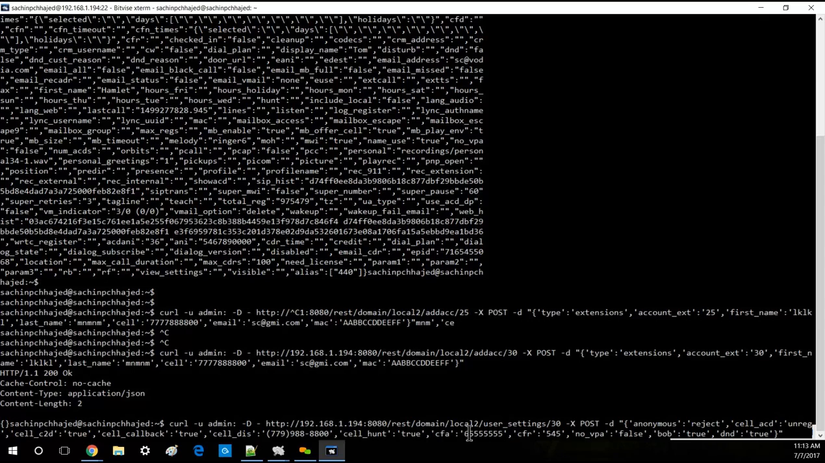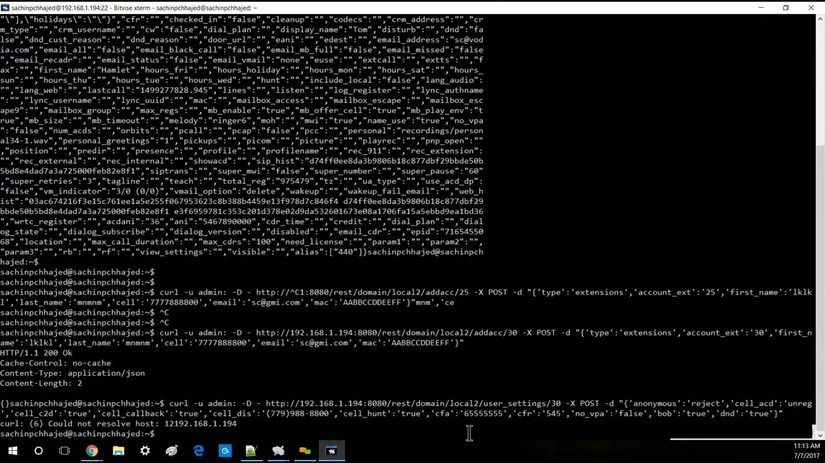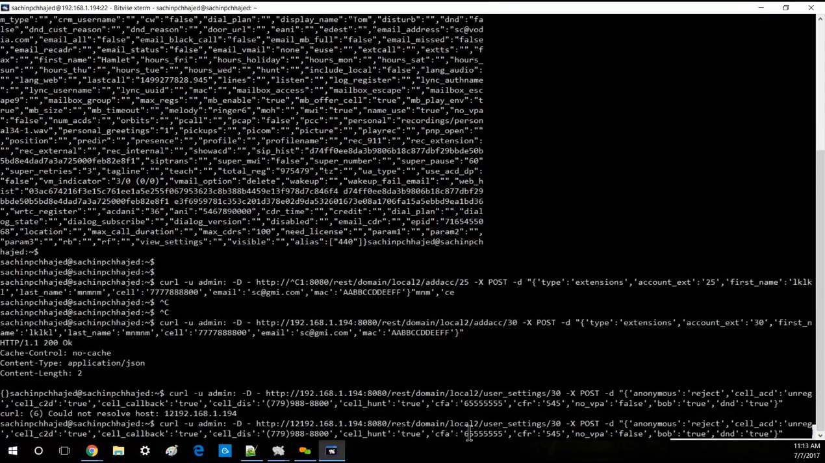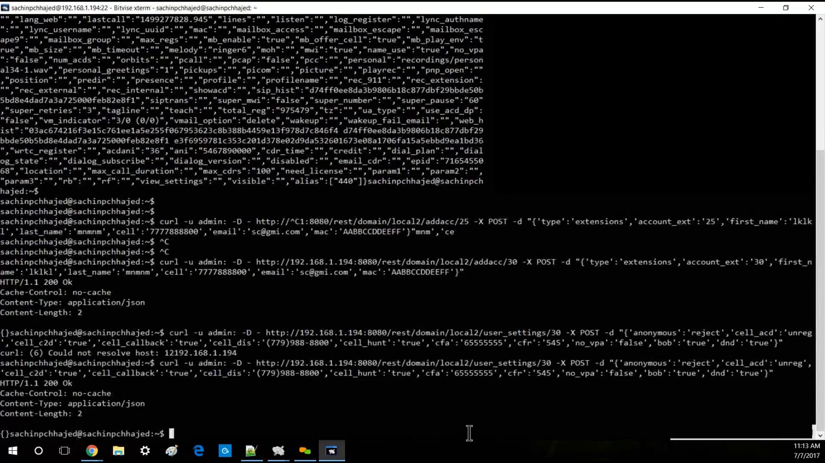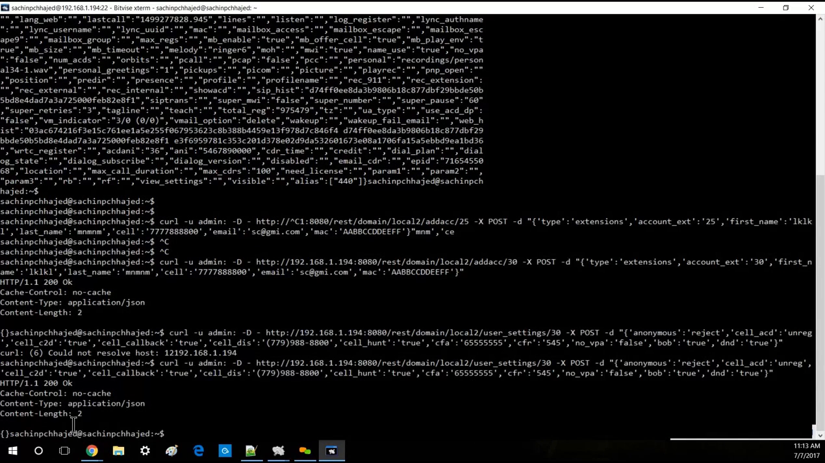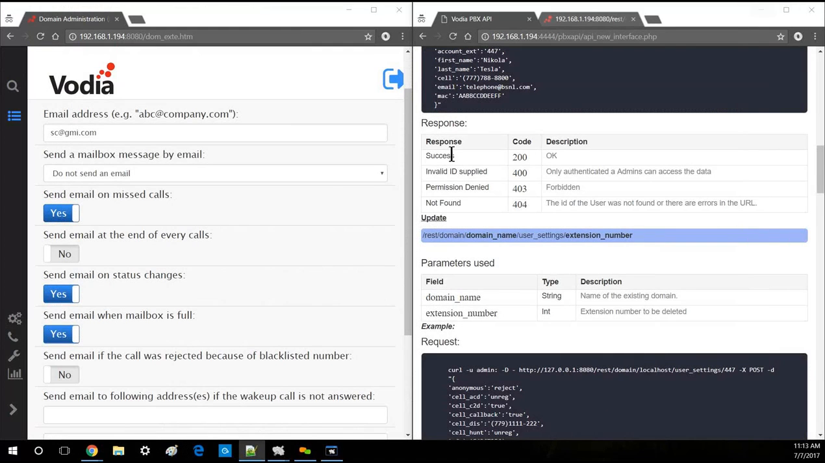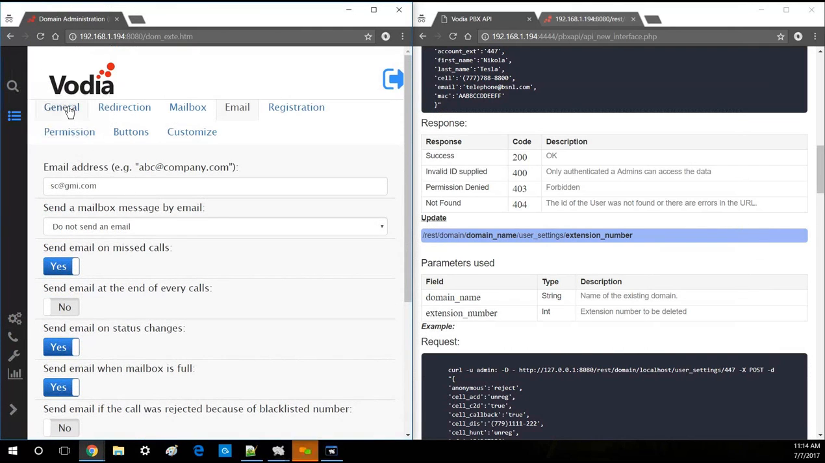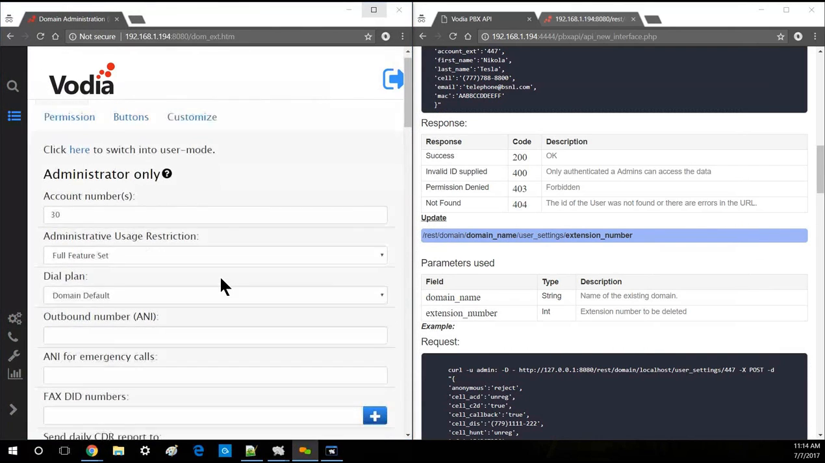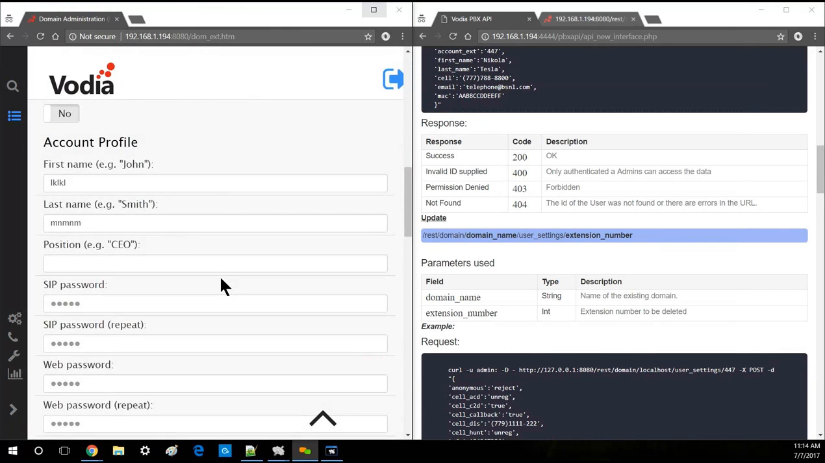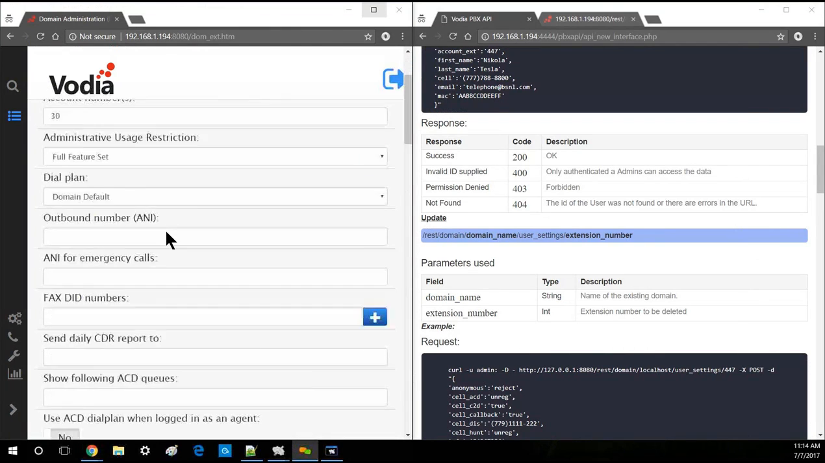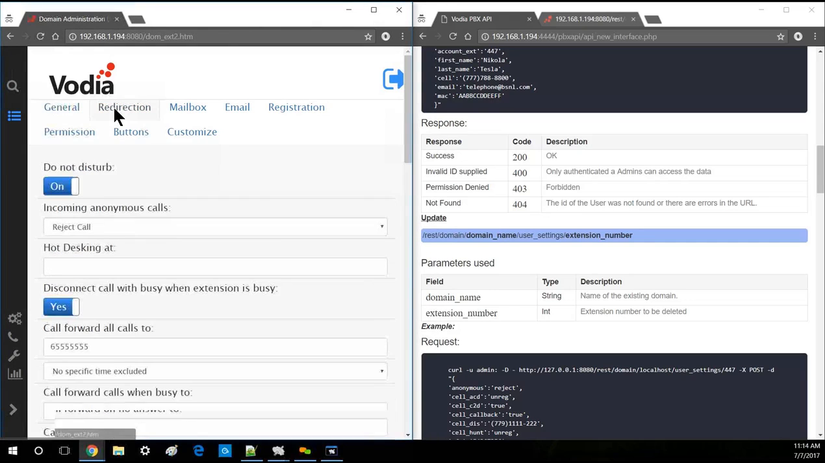So let's see if I fire this command. This happens a little bit when the terminal is working for you. Yeah, so it gave me a successful message. If I refresh this page after this, maybe on the second page, yeah, as you can see,